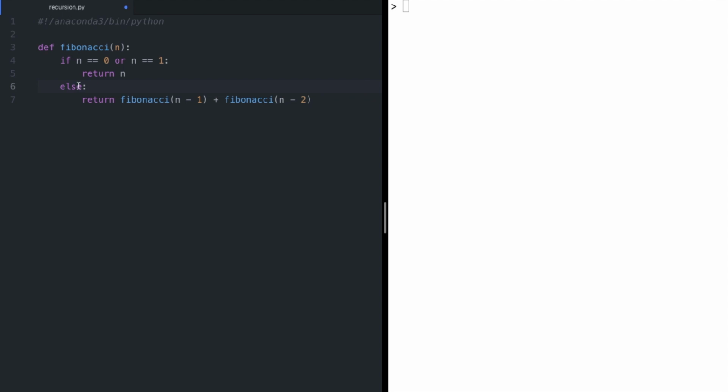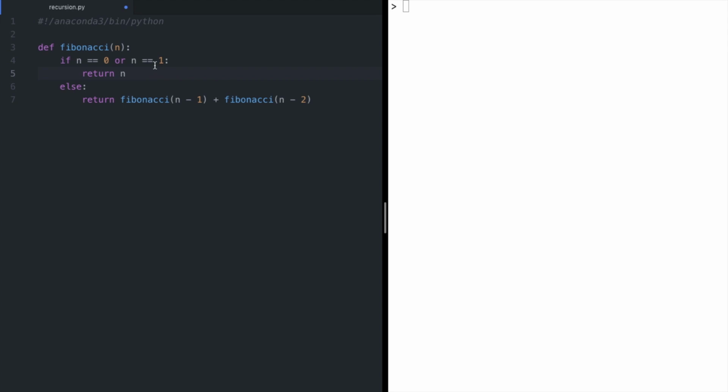And so if you think about what the computer is actually doing when you get to this line, it's calling this function again with now a number that is smaller by 1 and a number that is smaller by 2. But when it hits this, it'll go back up here and go back into the function. And so it'll keep looping through itself until it gets to this case where it'll just return 0